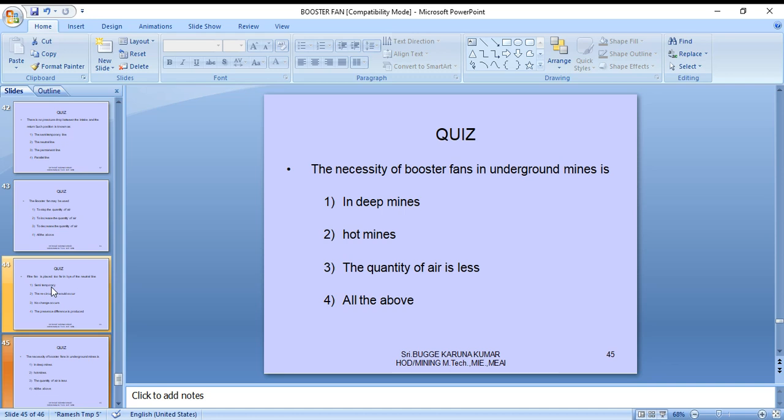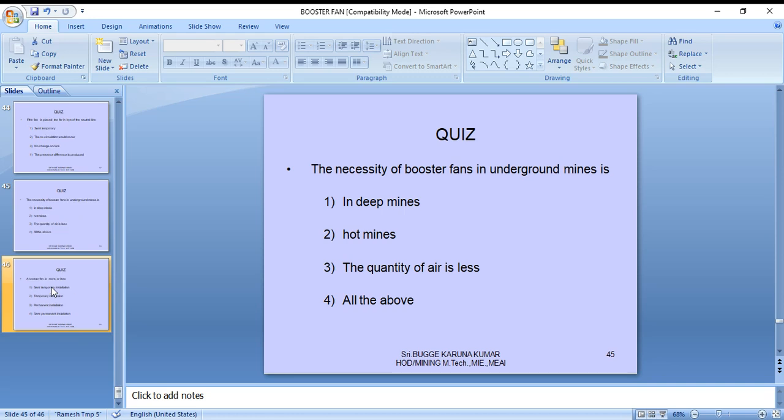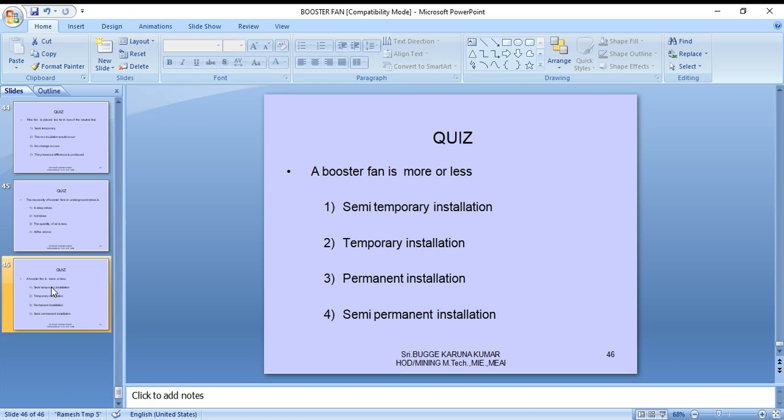So it will be applicable to which mines? Most in deep mines, not in hot mines. That means in hot mines you cannot put it in deep. So in deep mines, recirculation of air is important. And the booster fan is more or less a semi-temporary installation. This is already given here. It is only a semi-temporary installation. Sometimes it can continue or not, depending upon the situation. So with